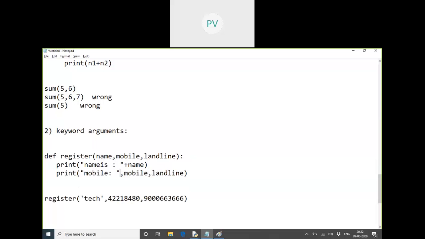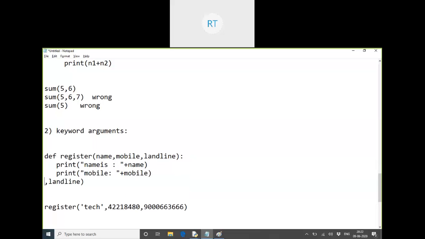It will look wrong. That means we always have to pass the data in the correct order. Order is important here. If the person does not pass the values in the correct order, the output will be wrong. Presentation will come in the wrong order.